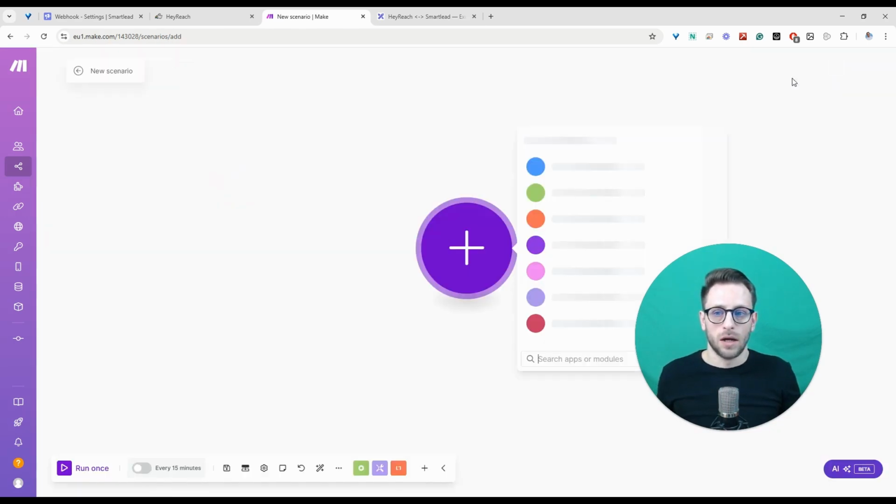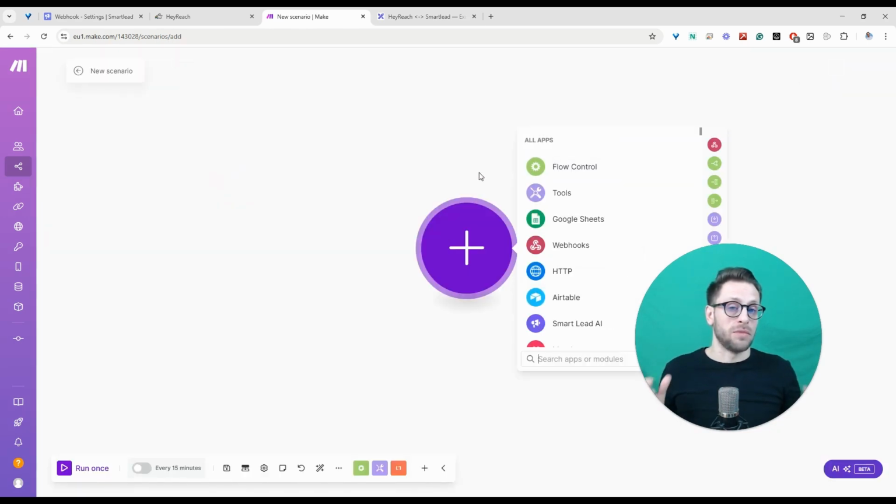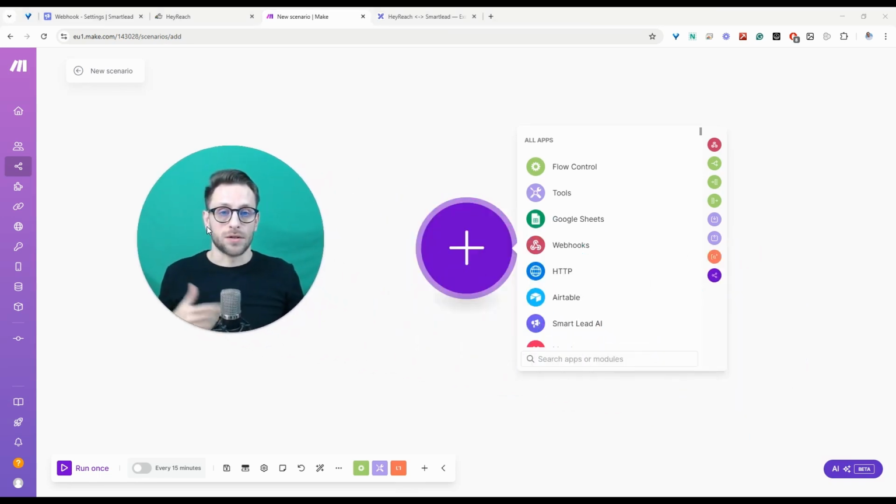Click here, and we are presented with a blank canvas with the first module that should be defined, because all scenarios start with a module, and Make is telling us, hey, let me know, what do you want as a first module? So we need webhooks. I can see it there. If you don't see it anywhere, we can just go and say